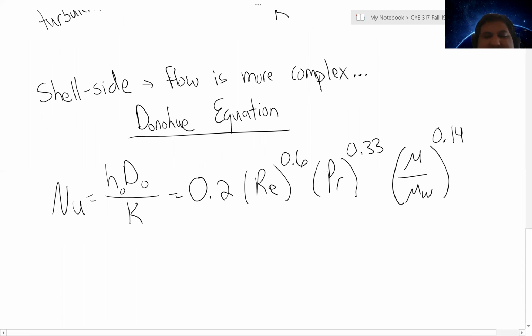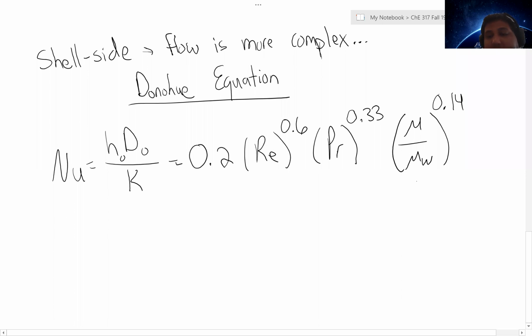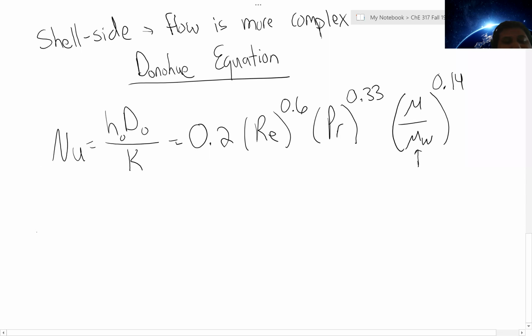And so we see a similar form of the Colburn equation, right? We have a constant times Reynolds to a power, Prandtl to a power. We also have this viscosity correction when the temperature of the fluid and the temperature on the pipe surface differ, such that we see a dramatic shift in the viscosity. We can have a small correction factor for that. But what we find is that while our Prandtl number, Cp mu over K, doesn't really change much, our Reynolds